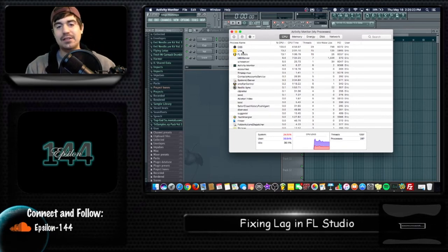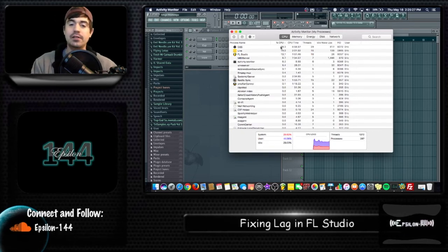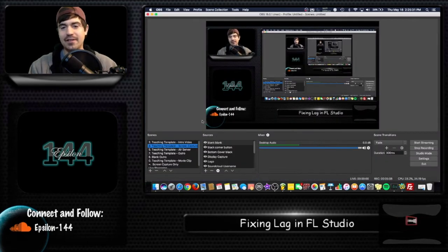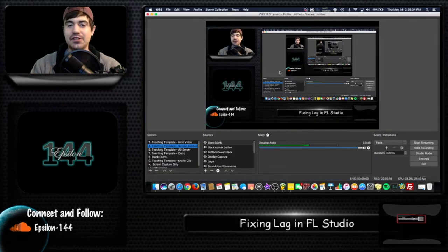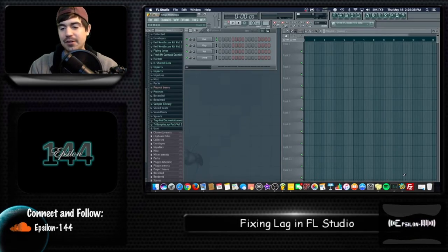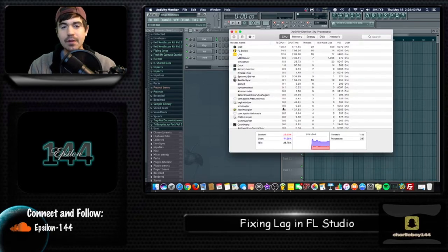All right, so right now you can see Live is 13.2, FL Studio is 13.1. OBS you can't see, it's what I'm using to make the video with. It's right here. You'll see it ricochet back. But that's all taking a lot of processor. All right, so